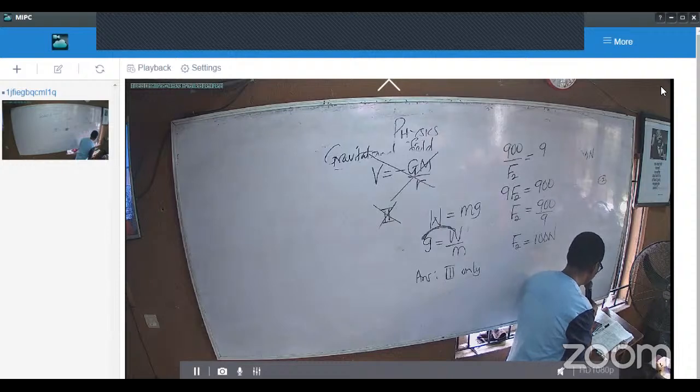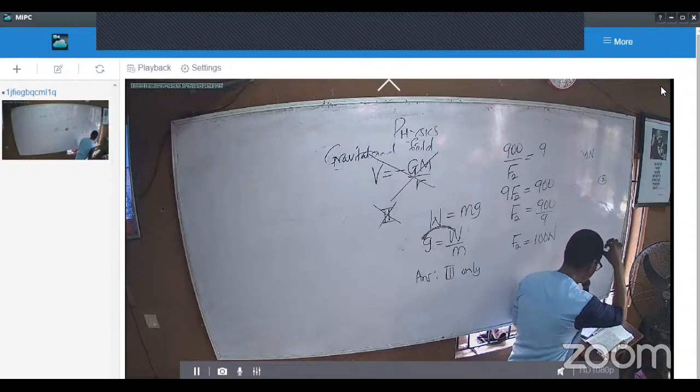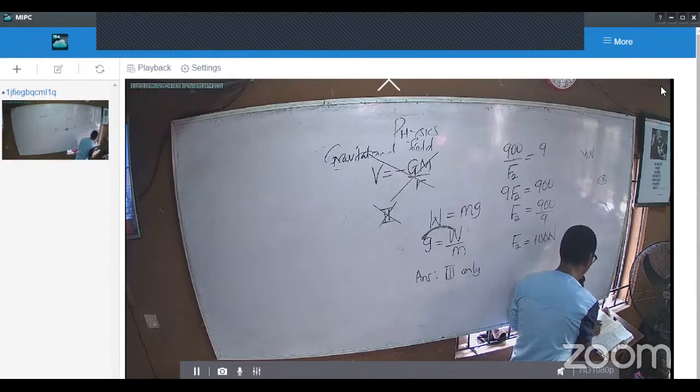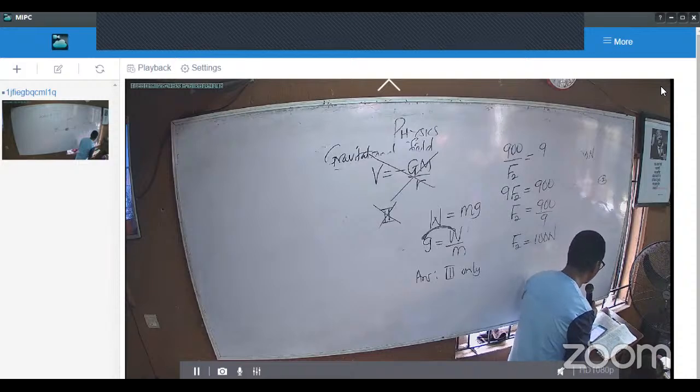Minimum velocity needed by anybody or object to be projected to overcome the gravitational pull of the planet Earth is called